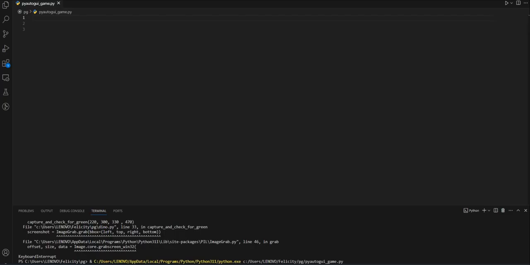I'm sure there are tons of videos on PyAutoGUI on YouTube or anywhere else, so we're not going to spend time going over the methods that are available in this library. Instead, we're just going to use the ones that are used in this simple game project. First of all, we import this library. If you don't have it installed, just go right ahead and type pip install PyAutoGUI in your terminal so that